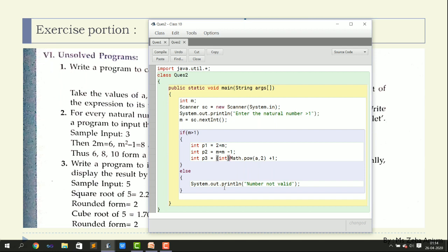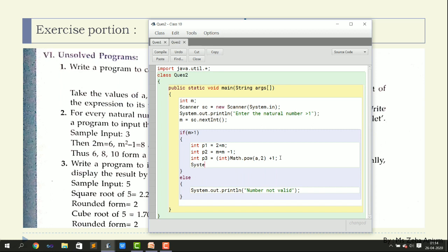Okay, now you have all the three values, you just have to give the output over here, that is System.out.println, and in bracket write the Pythagoras triplet are your what? p1. Yes. Now again write this comma.